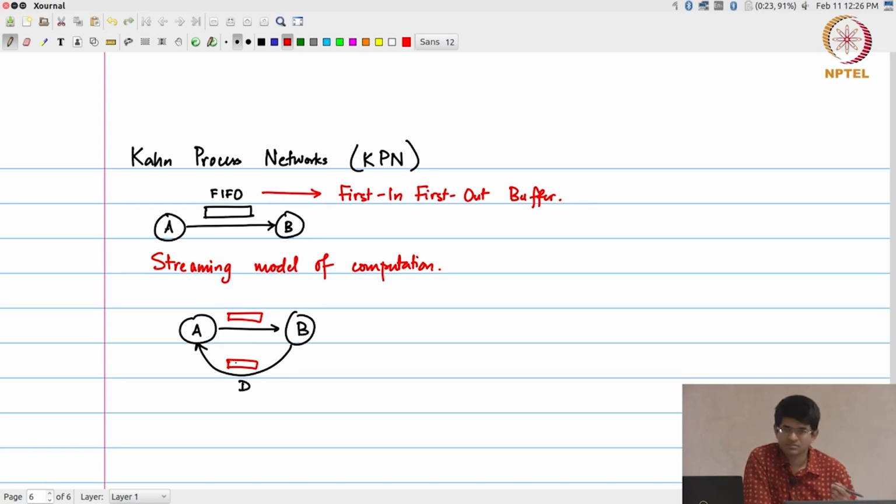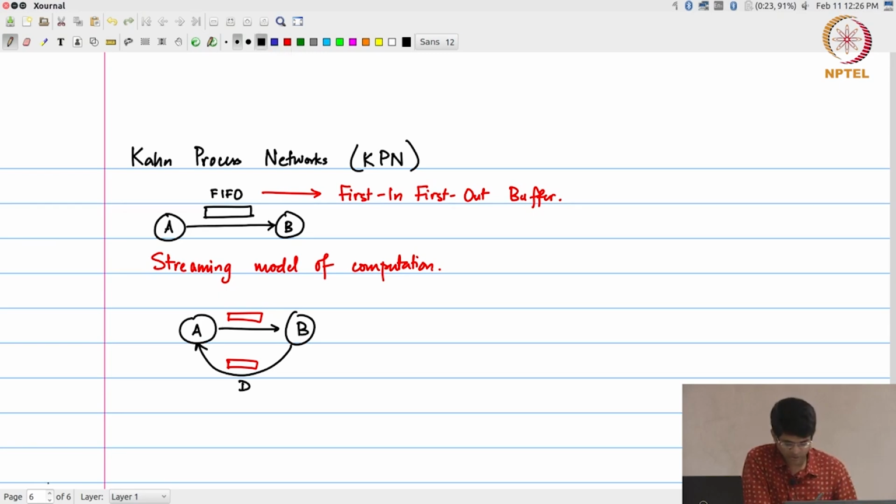Or in other words, one of them will always be empty, right? The reason we are saying one of them will always be empty is because there is only one token delay through this entire loop. When I go from A to B and back to A, there is only one token delay, so at any given point in time only one initial condition to work with. Either A is ready or B is ready, both cannot be ready at the same time, even though I have drawn FIFOs over there. They don't have any data in them, the FIFO can be empty. Okay. So with that in mind,